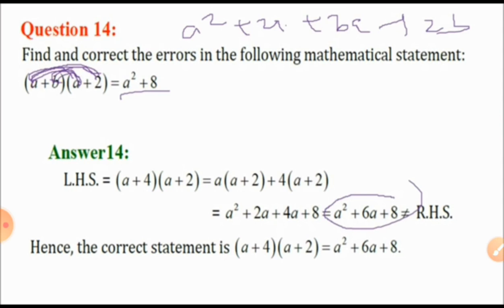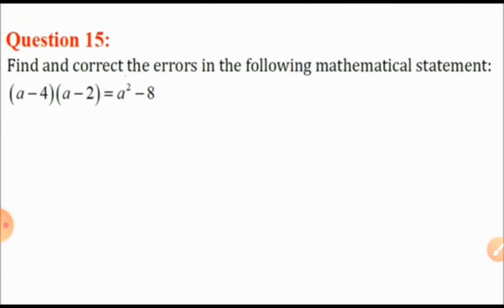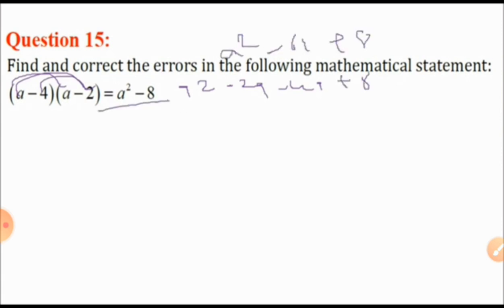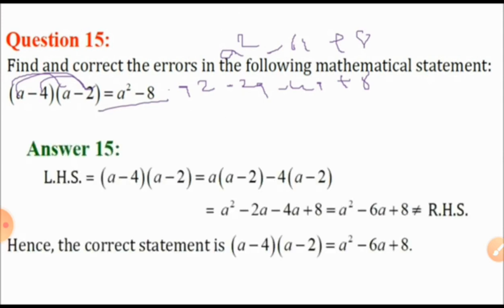How did it come? Because you multiply both the numbers. What is a and b? Yes, a plus 2. Let's say 4 is there. a minus 4, left hand side. a minus 4 is 15, answer is here. a squared minus 8, given in previous answers. a squared plus 6a plus 8 will be the answer. a plus 4, you know that.